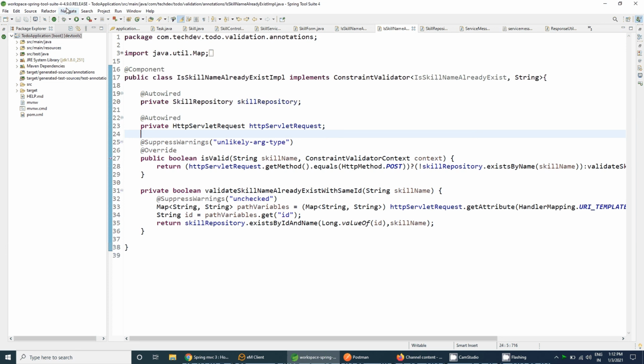Okay, so let's run this application and check whether our API is working fine or not. So let's start the application.